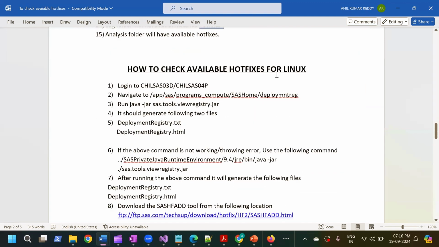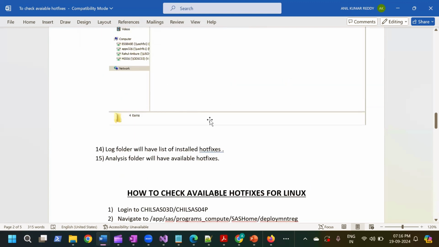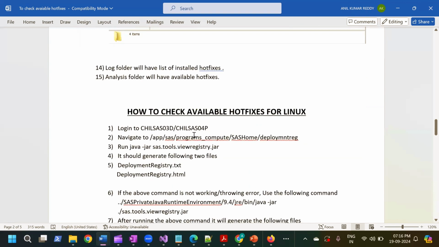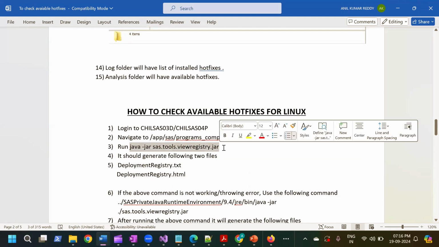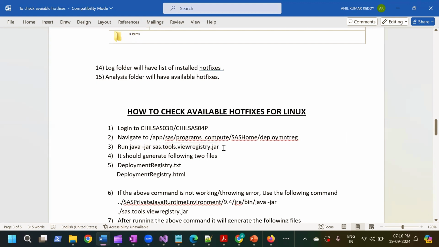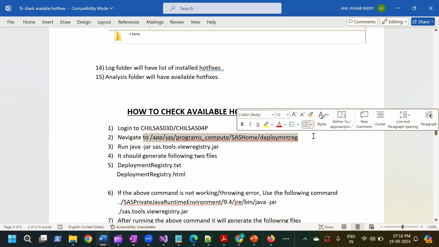How to check available hotfixes? This is the process for Linux. Just now we discussed it for Windows. This is for Linux. See, the script is the same in Windows and Linux, both environments. The script is the same, but the location you need to navigate to differs. So once you navigate to the deployment registry,